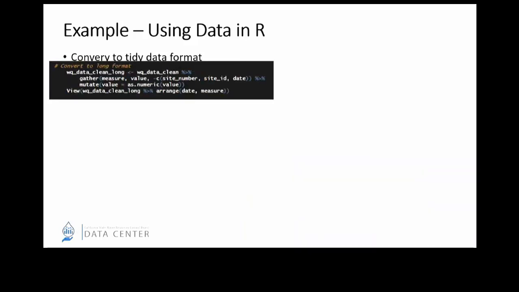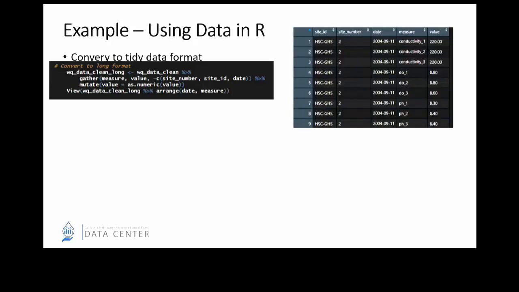So now I'm going to try to convert it into that tidy format that Anna talked about earlier. Again, there's a great tool in R that does that with basically one line, this gather function. You just tell it what columns you want to work with. And then if I look at that, now you can see that what used to be the column titles for all the different analytes are now in this measure column.